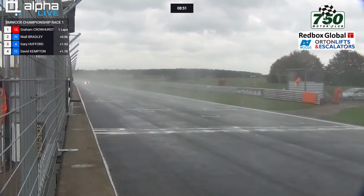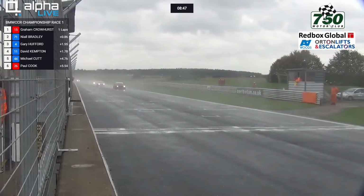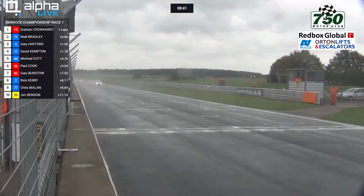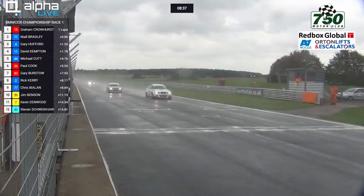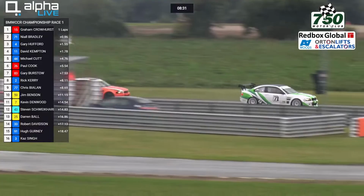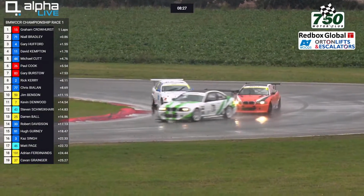Yeah, 77 was the other car that got involved in that squeeze, and that was Chris Bierland. Yes, he's been involved in a start line squeeze before at Brands Hatch earlier in the year. But it's Crowhurst from Bradley, 0.8 of a second between those. I think it was Brands Hatch a couple of weeks ago we saw Niall Bradley, wasn't it, racing alongside Rod Burley in one of the Southern Saloon races down there, and went pretty well,